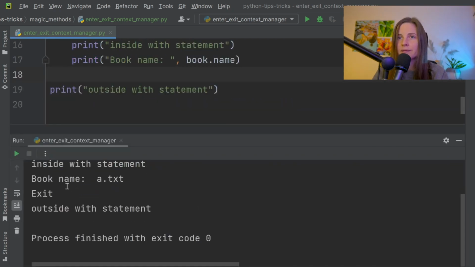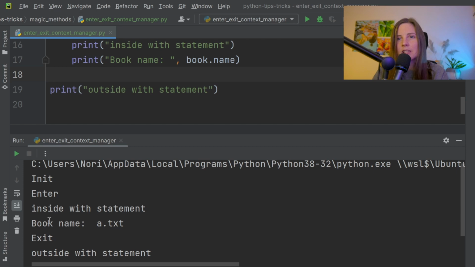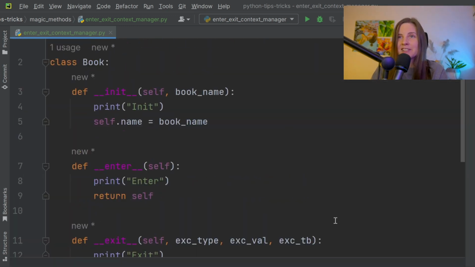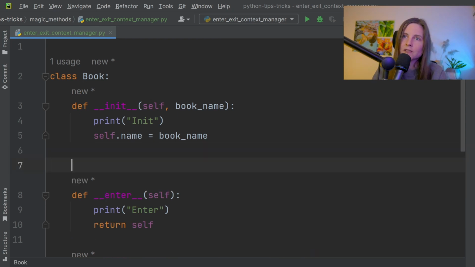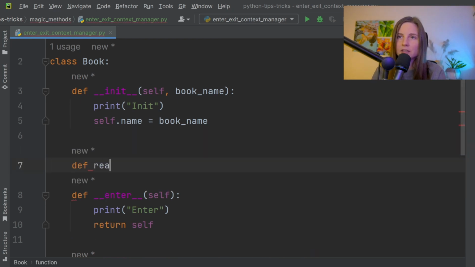So let's run it. Yes, it was fixed. So now we have the book name ATXT and it works pretty fine. So let's add some more logic to our class. What we're going to do here: our book is going to be, of course, readable, so that we can right away go ahead and add the read method,